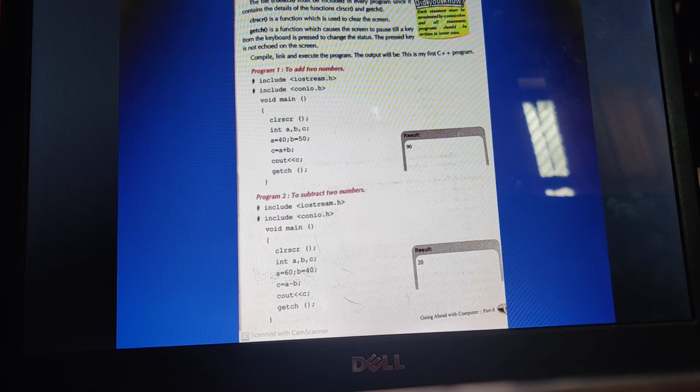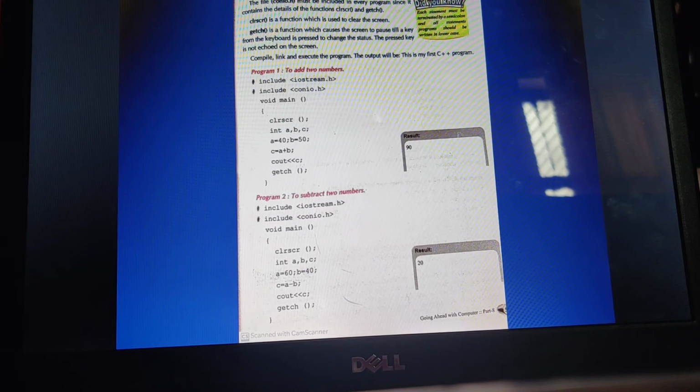I am making you understand here, okay, but what you will be doing is downloading your C++ and running these programs. You will be trying these programs, and if you find any problem, then you can directly contact me. Okay, see how you will be starting your program.